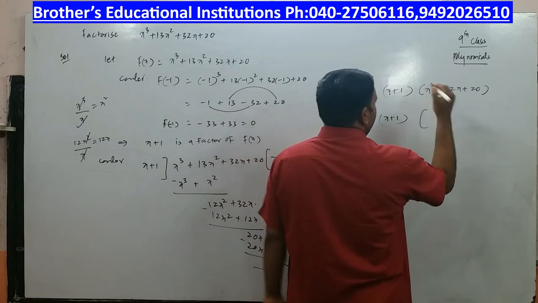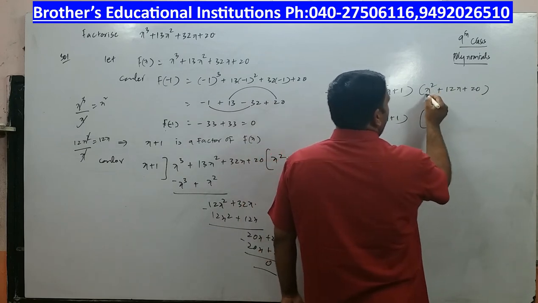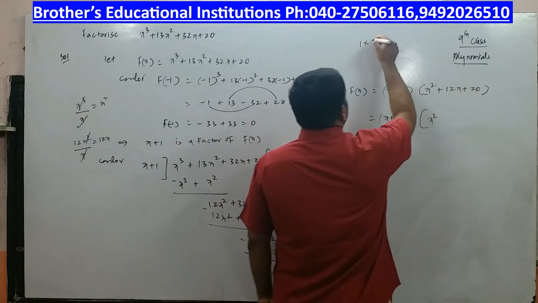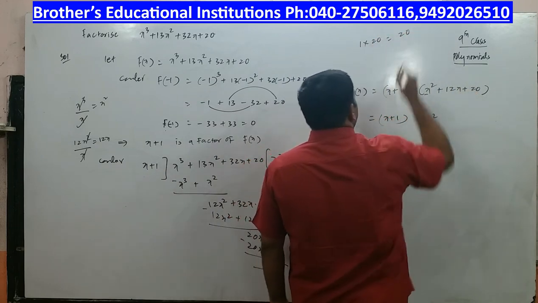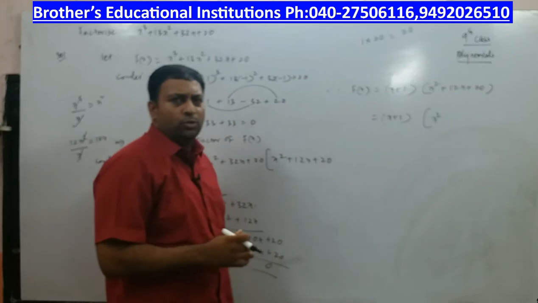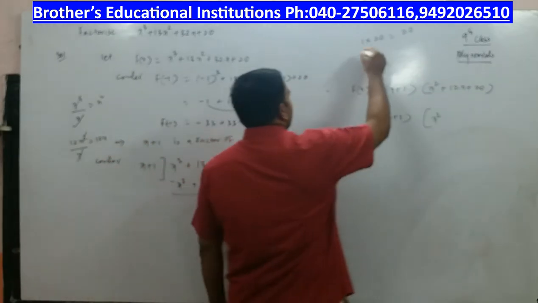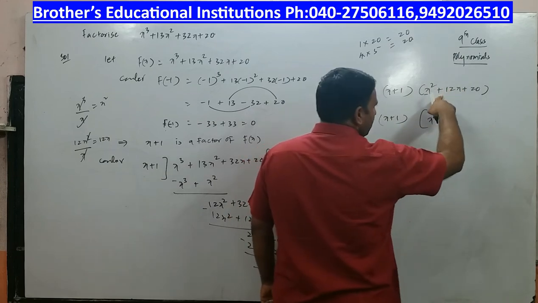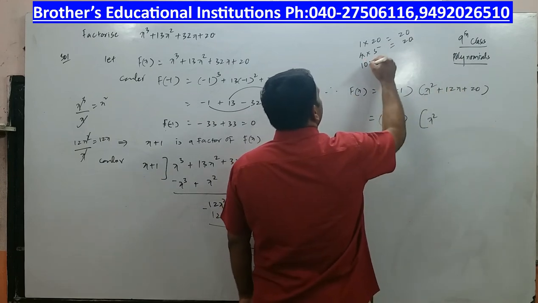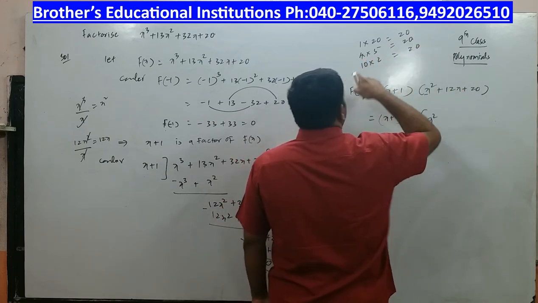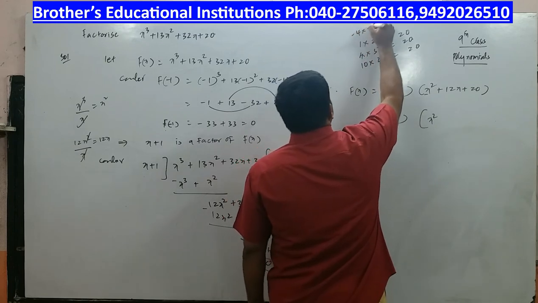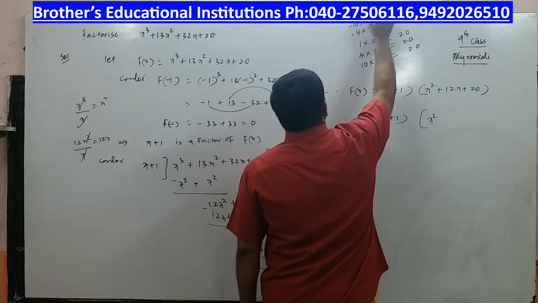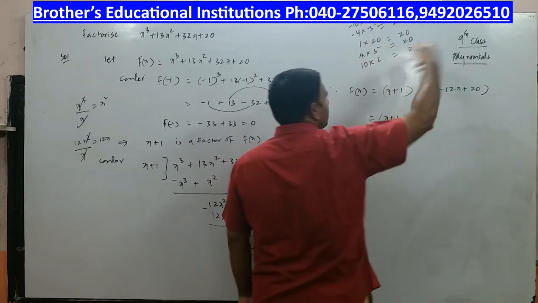Now how do I split this? X square. Remember, what is the coefficient of x square? 1. And what is this? 20. 1 into 20 is 20. Now all possible factors of 20 you know, all those factors I should write. I know 4 into 5 is 20. I have to get a plus, right? Then I'll go with 10 into 2 is 20. I can write minus 4 into minus 5 is equal to plus 20, or minus 10 into minus 2 is equal to plus 20. All those factors I can write.